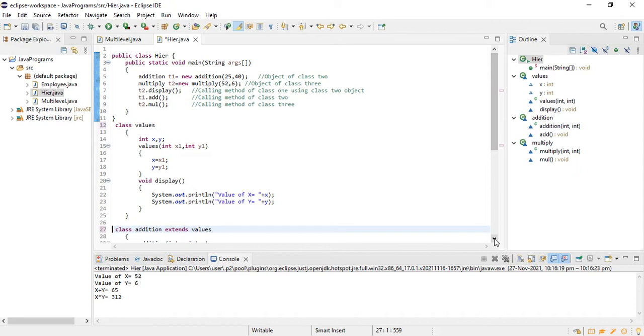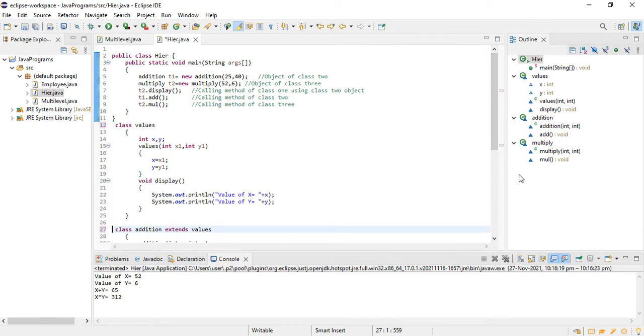Here we have only one parent class, and from that parent class we can derive many child classes. Many means you can create any number of children for the same parent class. All the child classes are siblings to one another. In hierarchical inheritance we have to create an object for each and every child class. From that child class we can access the properties of both the child as well as the parent class.